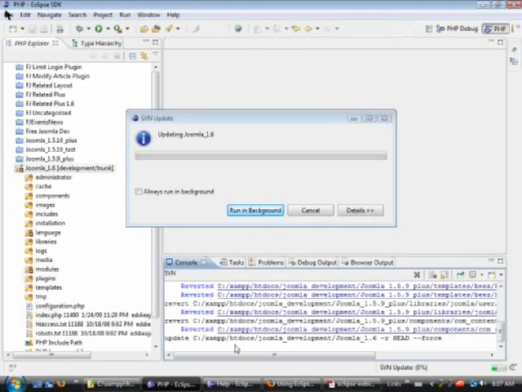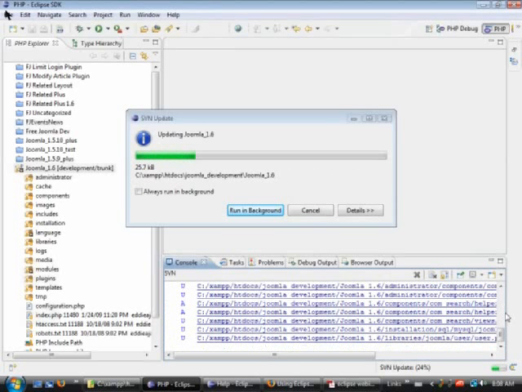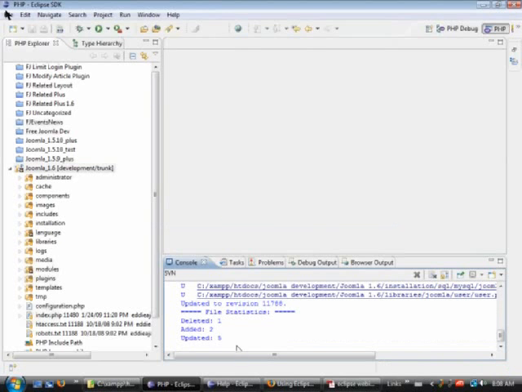And then you'll see that that's executing this command down here, which is the Subversion command, update to head force. And then it works for a minute. And in this case, I've actually got some things that haven't been updated, so it's actually going out and running the whole update, and that'll run for a couple minutes depending on how much stuff there is. And then when it's done, I'll be at the version synchronized with the version in the repository. So that's all you do, is right-click Team Update. It says it deleted one file, added two, updated 5, and now I'm at